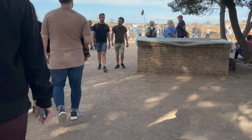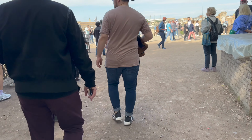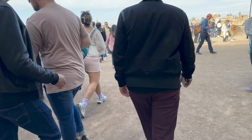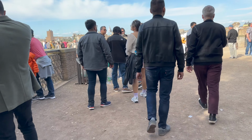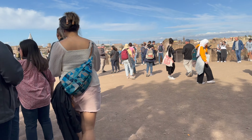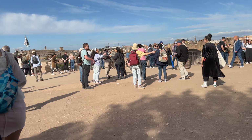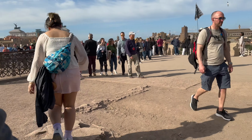The terrace is actually a relatively new addition to the Palatine Hill. It was opened to the public in 2017, after a 2-year renovation project that aimed to restore and enhance the historical site. It is situated at the highest point of the Palatine Hill, and you can walk to the very edge of the terrace to see an unobstructed view of the ancient ruins of the Roman Forum, as well as